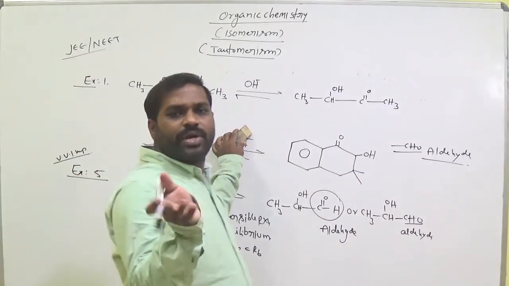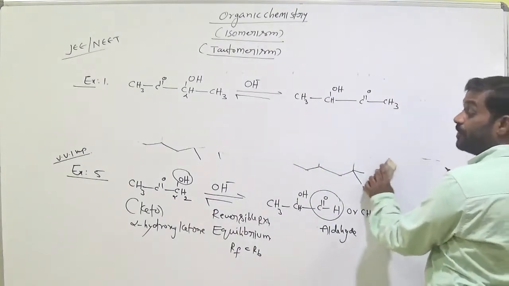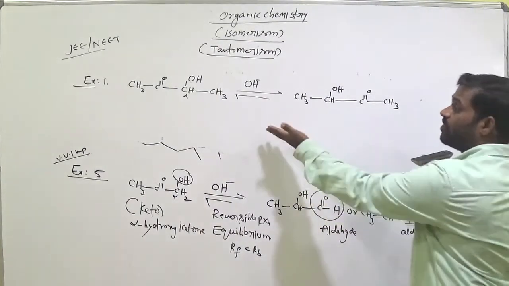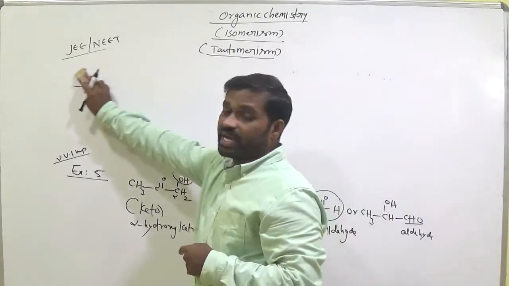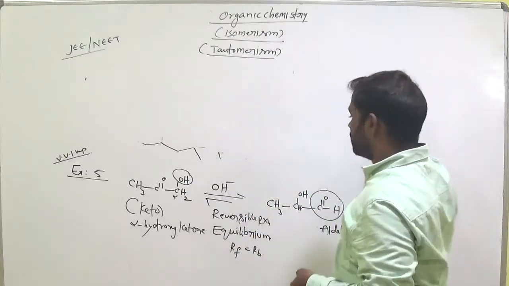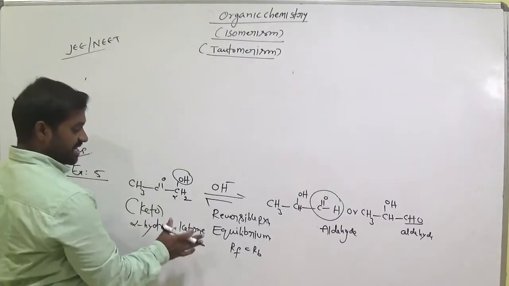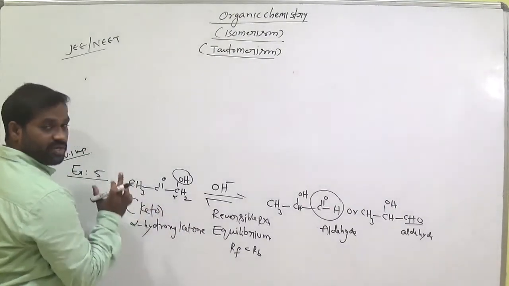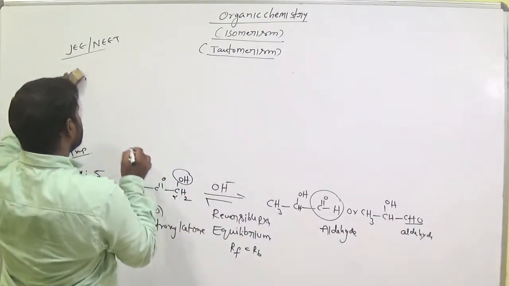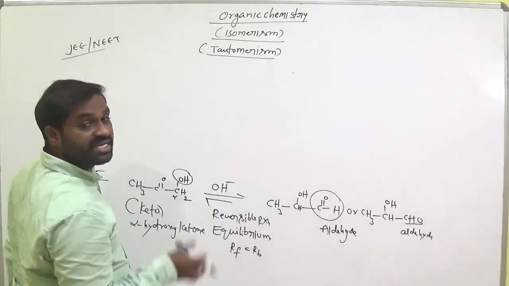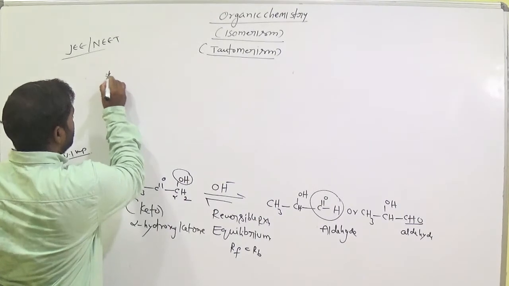Now one important point regarding this fifth question. The C double bond O and OH groups are interconvertible. Then you can easily identify, in the presence of base, which compound is formed. The OH and C double bond O positions are exchanged. Now in this case there is a special note for JEE and NEET. This is a ketone, and this is an aldehyde, in the presence of base. Generally this entire reaction takes place in a single test tube. This is a ketone, so write that note.